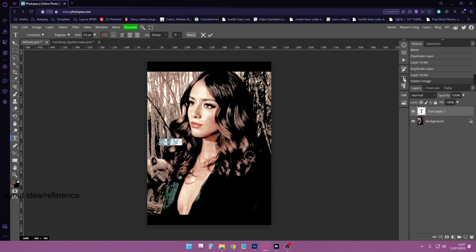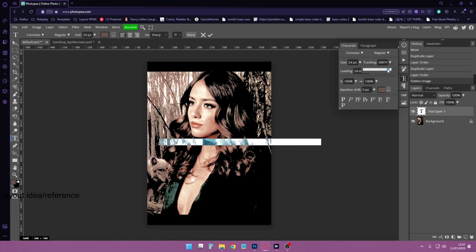Right, as you normally would, and then you go to your little character settings over here. This is where I got a little bit confused and I've had to work with it. Tracking is obviously the spacing between the letters, and leading, which is really weird, is your gap between lines, like your line height. So if you've got, I don't know,